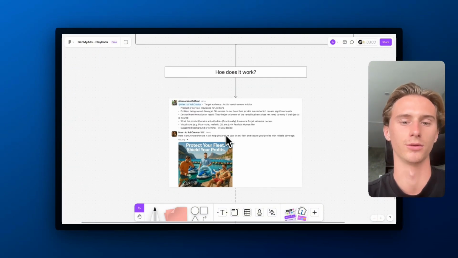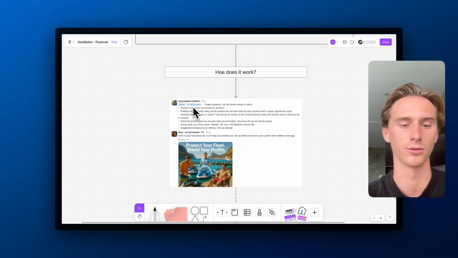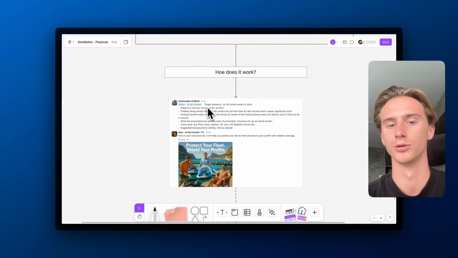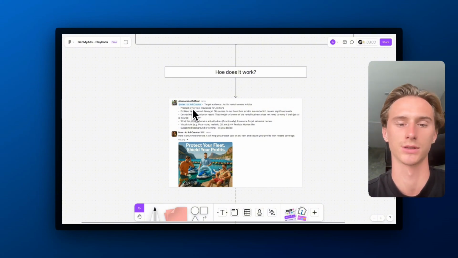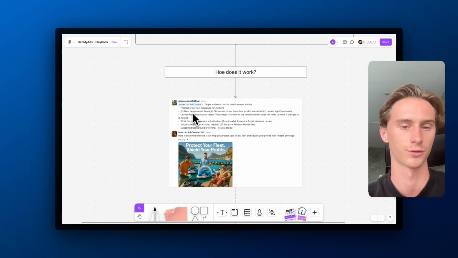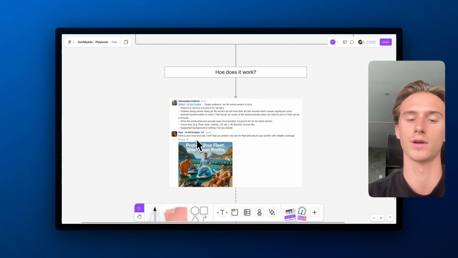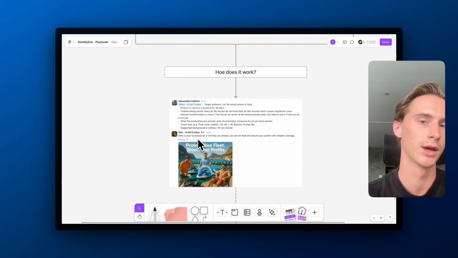So the only thing that you need to do is tag Max AI Ad Creator, or the Slack app name that you created, and then reply to a couple of questions such as: who is your target audience, what is the product or service that you're selling, what is the problem being solved, what is the desired transformation or result for the client, what does the product or service actually do, and then what kind of visual style do you want,